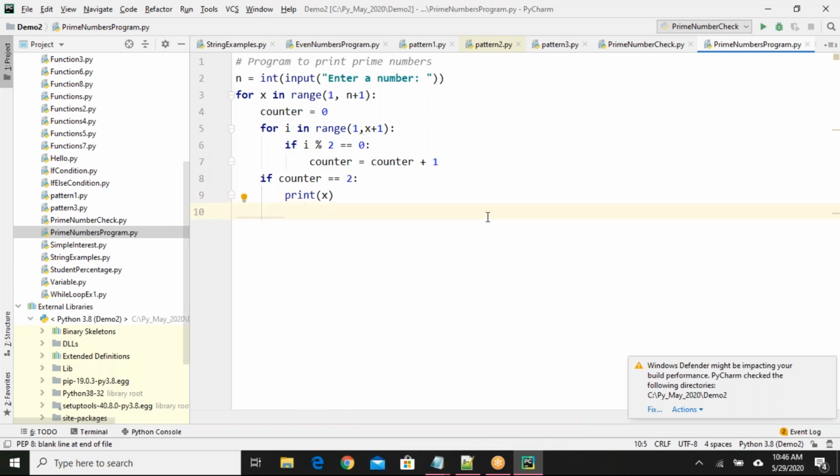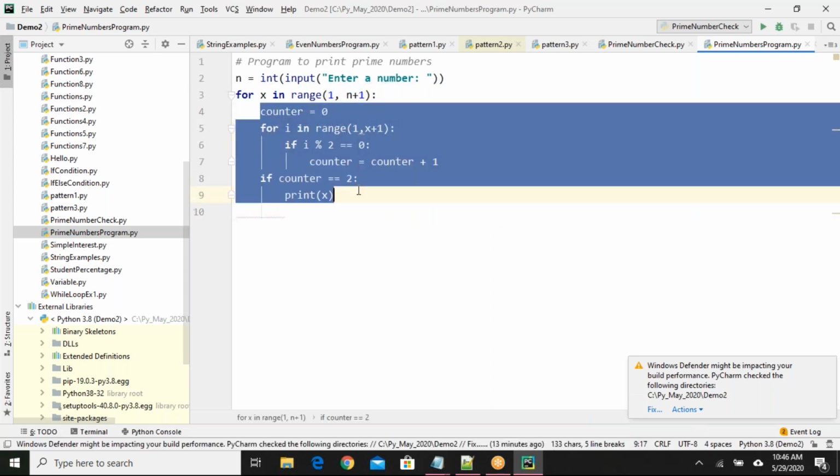Let me explain again. This is the logic.